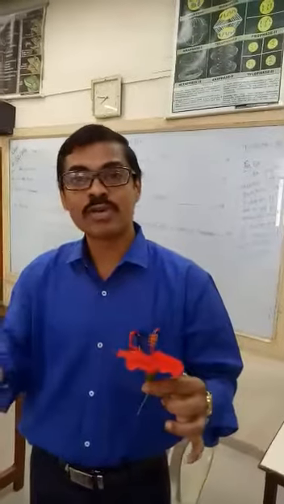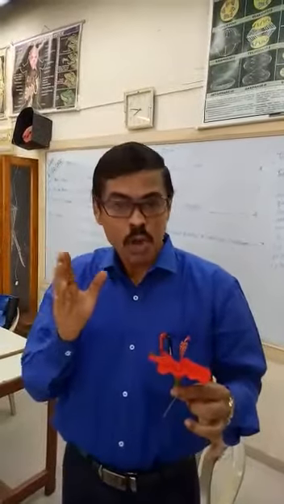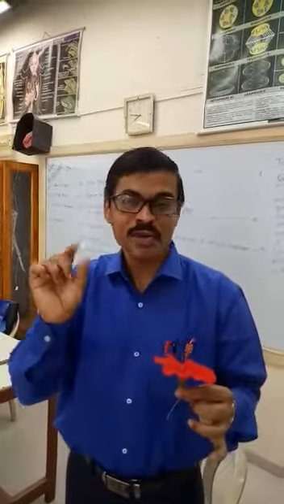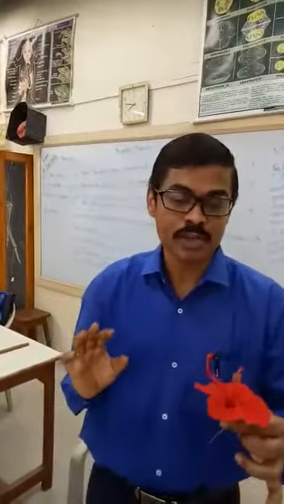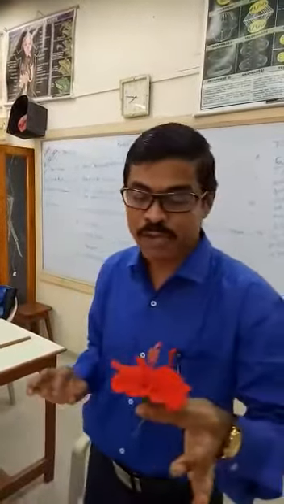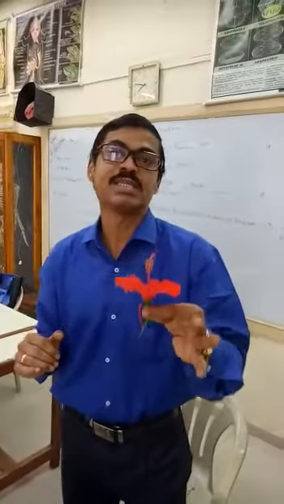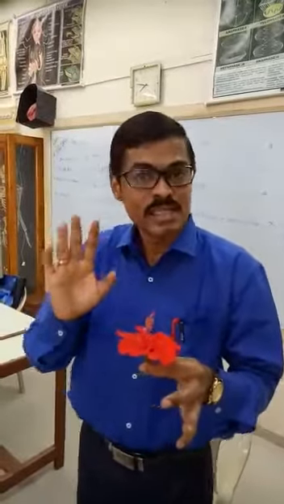Whereas the other flowers, in case of brassica, I hope everybody knows brassica, no? Commonly called mustard, or in Hindi it is rai, right? So mustard flowers are very small, so in that case removing the individual parts becomes difficult. So here the different parts are very clearly seen. So today we are going to learn the different parts as well as dissect them with the help of Hibiscus rosa sinensis. Hibiscus the genus, rosa sinensis the species.